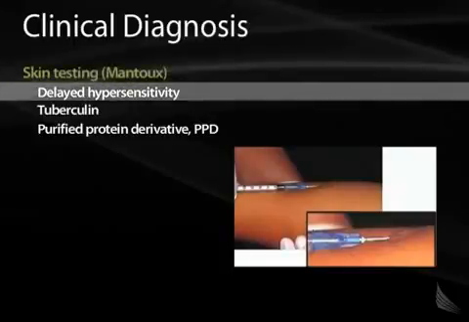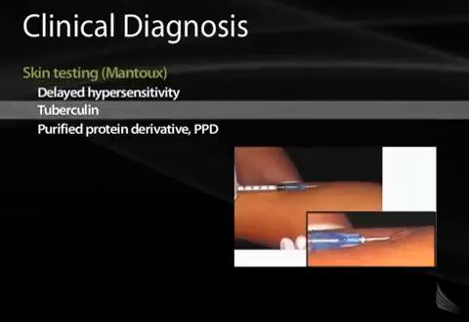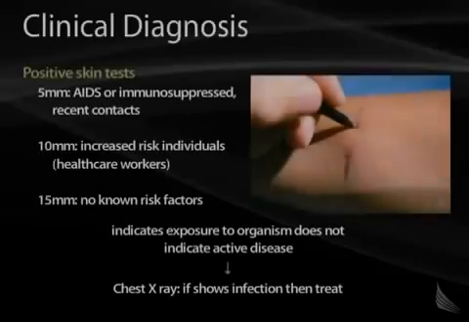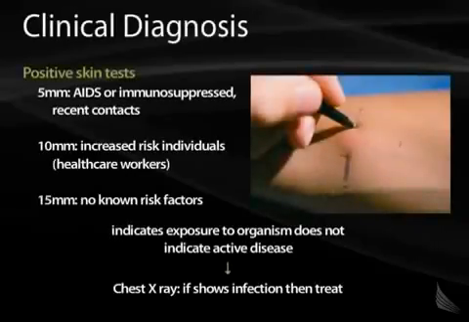This is a delayed hypersensitivity reaction to the purified protein derivative of tuberculin. This figure shows introduction of the TB needle into the intradermal region where you have a small amount of tuberculin there. The body recognizes tuberculin if it's been exposed to tuberculosis and mounts a granulomatous response there. So you'll get induration and swelling, and you can mark it later with a pen to decide how big it is. The size of the area of induration gives you the clinical diagnosis, and positive results are dependent on 3